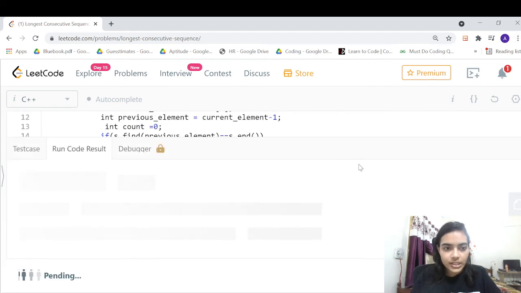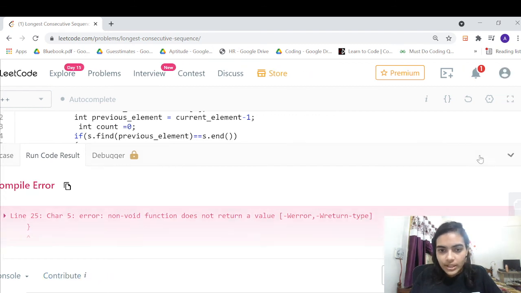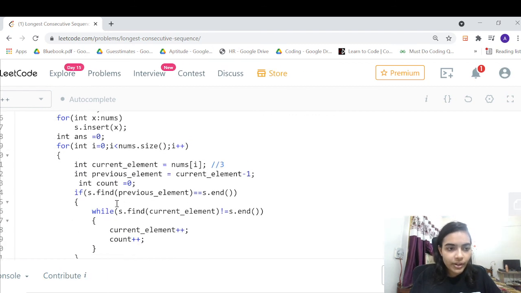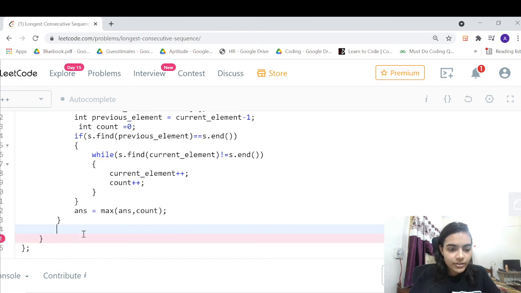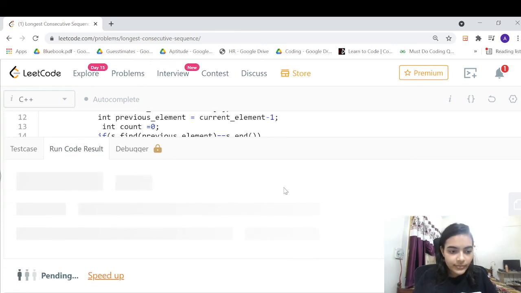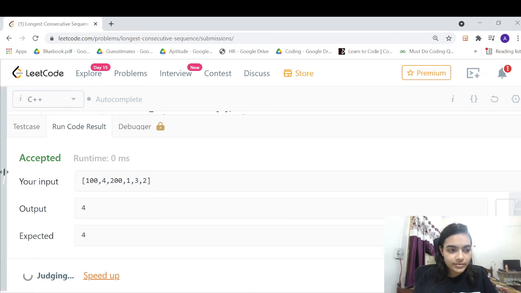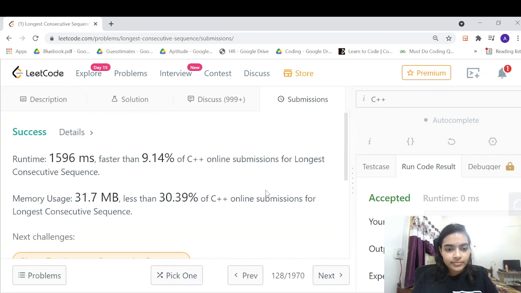Let's see if it is working fine. Okay, this is returning a problem. What is the problem? We have not yet returned the answer, right? So it's telling us please return an integer value. So we'll return our answer. Okay, this is fine. Let us submit and see if it's working for all the test cases. So this is an acceptable solution. That's it. Thank you for being patient and listening.